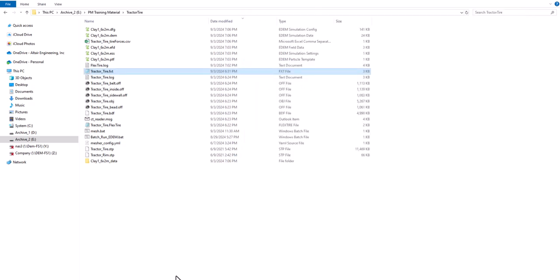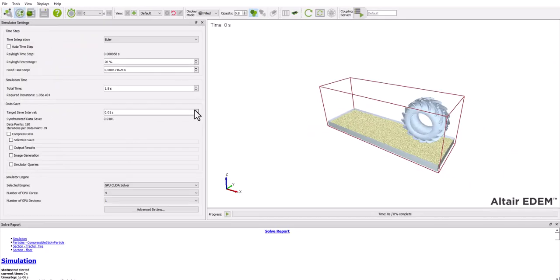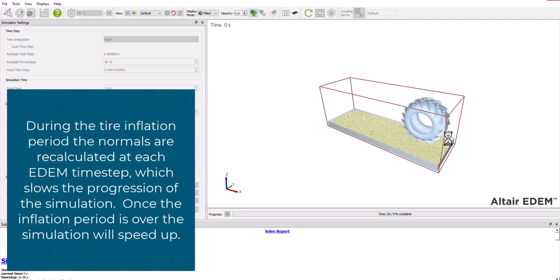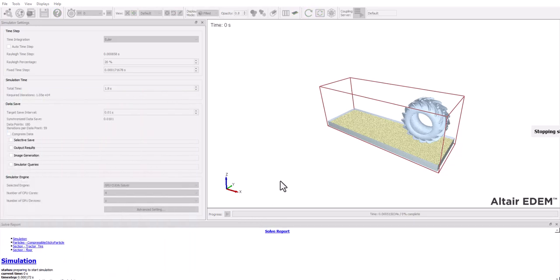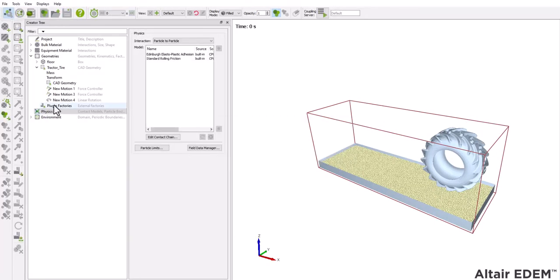Close that. Now we can switch over to EDEM and start to run the simulation. To run the simulation, we'll just switch over and enter calculate. Now, off the start of the simulation, you should see a relatively slow progression. As the simulation runs, you should see a relatively large increase in the rate at which it solves. One thing I did want to point out before I start the execution of this simulation, or what I should have pointed out before I started the execution of this simulation, is that